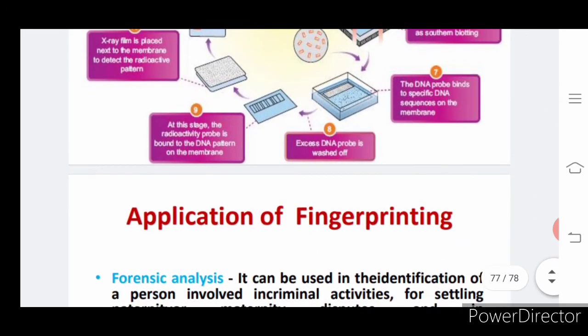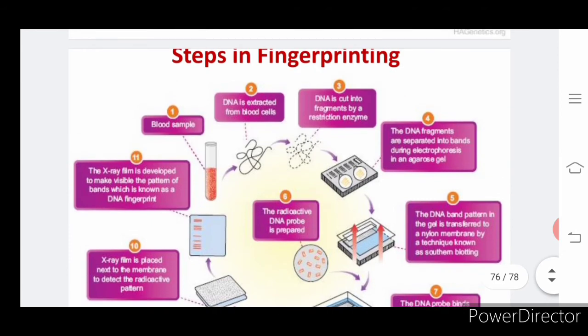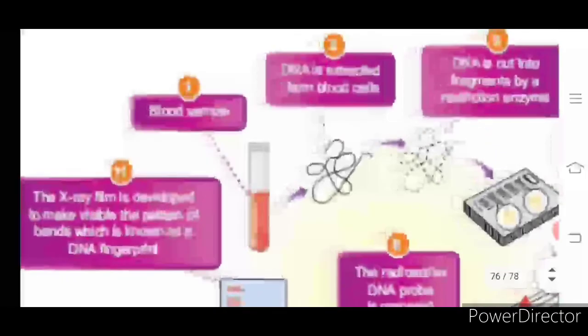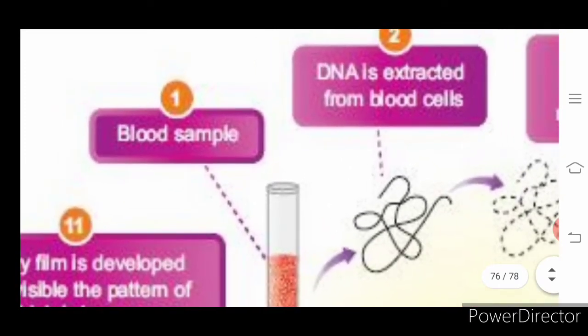So what are we going to do? Fingerprinting. What is fingerprinting? To find the DNA makeup of one person and another person. Do you follow? DNA makeup of one person and another person, and we are going to match it. Okay, so the steps involved are given as such in your book also. We can go with this numbering for knowing the sequence involved in fingerprinting.